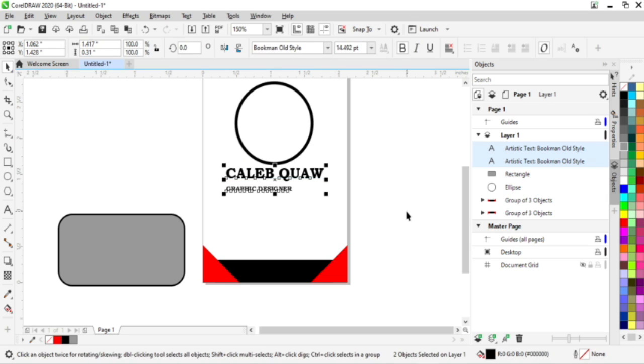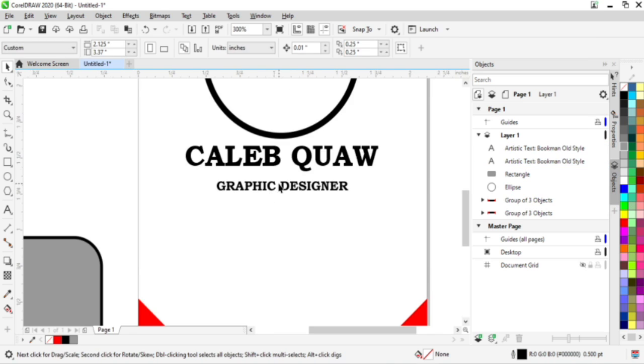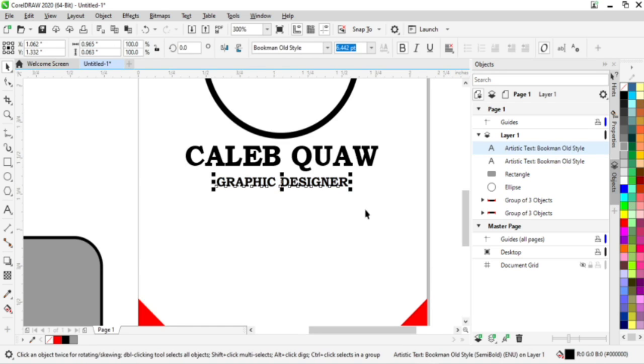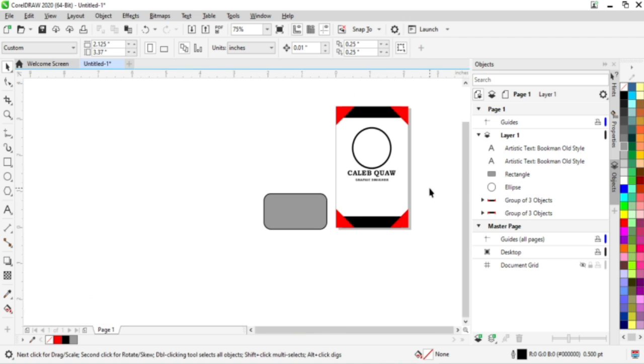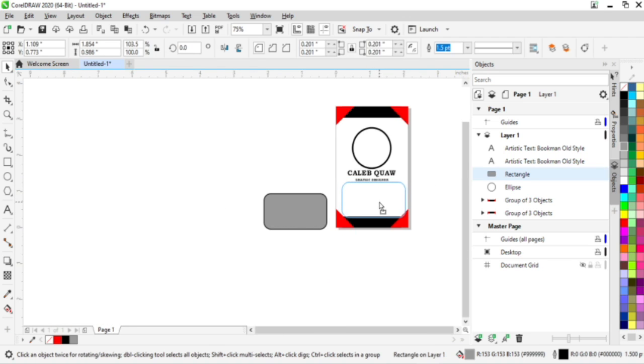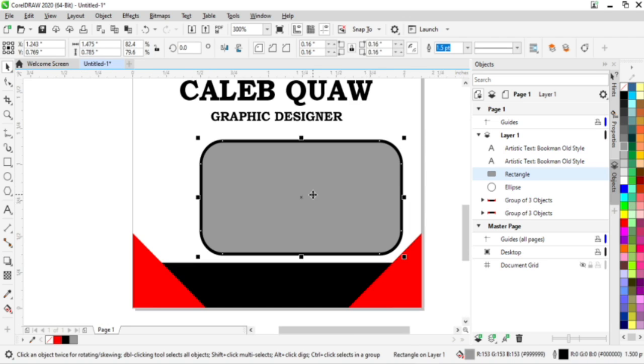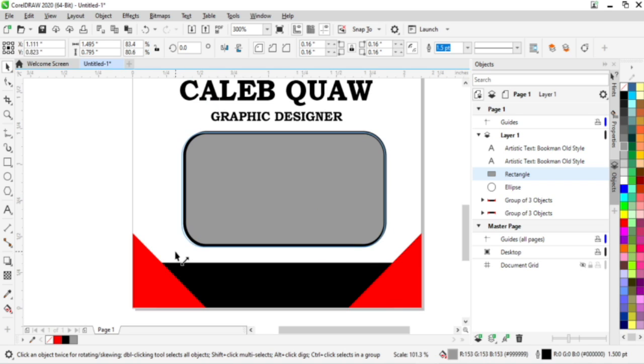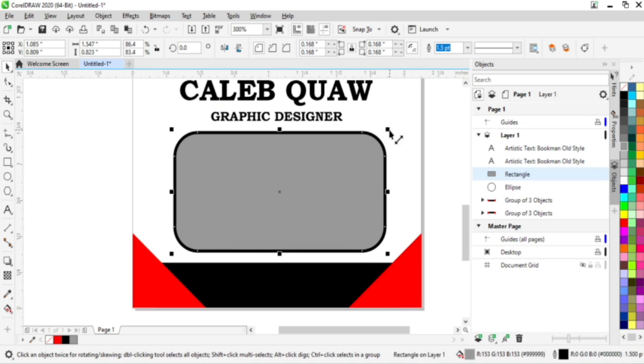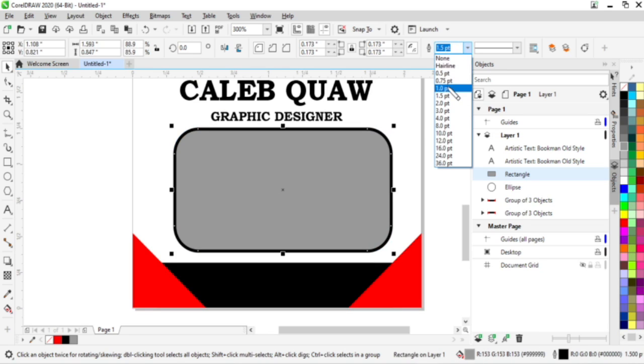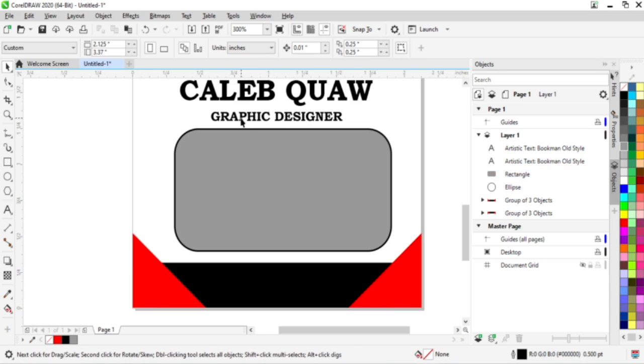Press on your C key to center it. C key will center it. Now let's drag this to the top a little bit. So now we can move our shape right here, reduce the size. It's too thick. Let's reduce our outline to, let's say, 0.75 pt is cool. So drag your graphic designer right here,